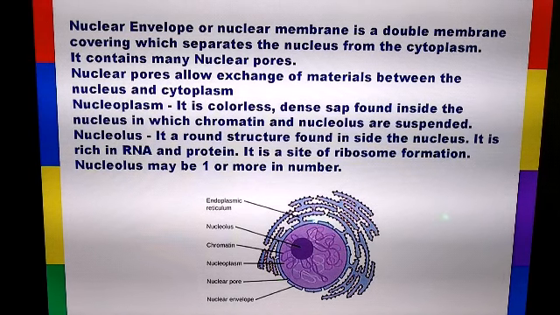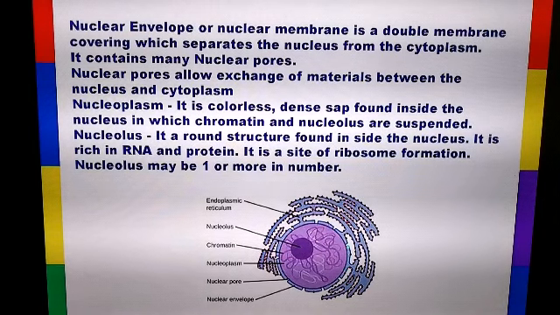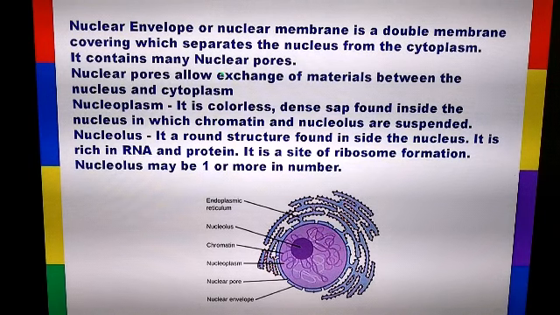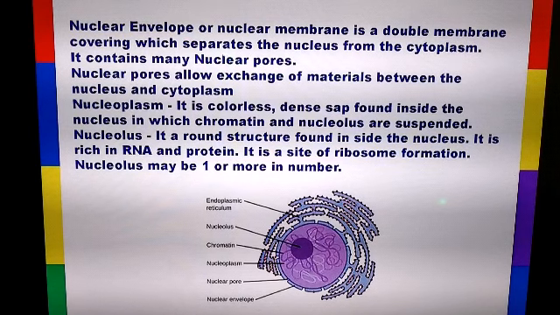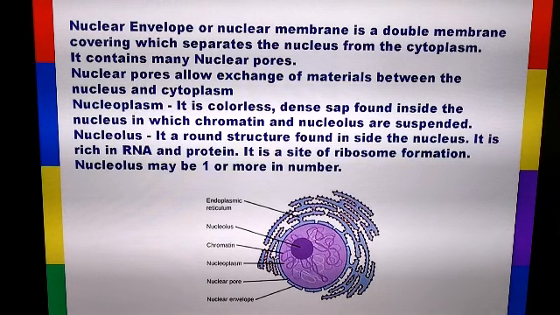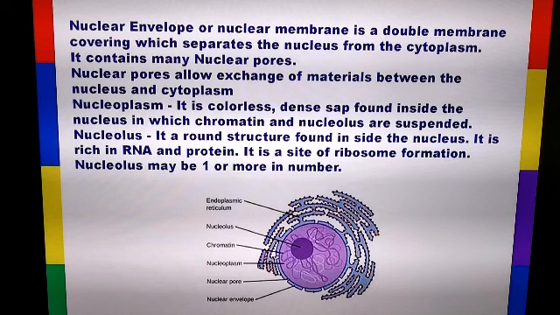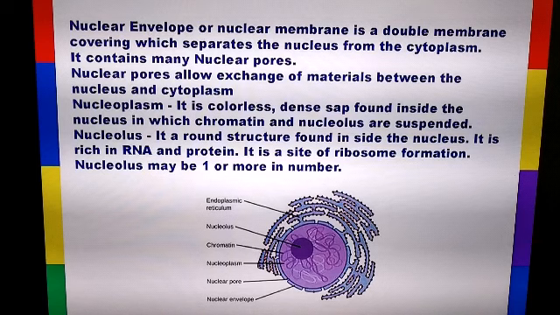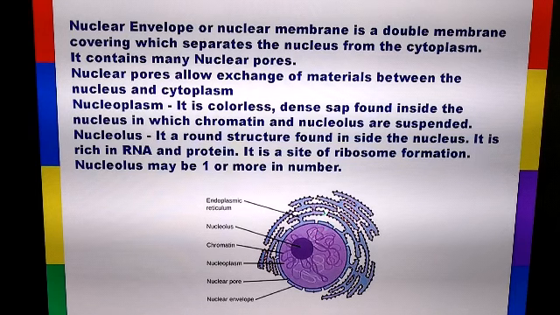You can see that the nuclear membrane is not continuous. Here in between there are small openings, gaps. So these openings or pores which are present in the nuclear membrane are called the nuclear pores. Because of these nuclear pores, exchange of materials is possible. From where to where can the material go? The material can be exchanged from the nucleus into the cytoplasm, and from the cytoplasm into the nucleus. So exchange of materials between nucleus and cytoplasm can take place.